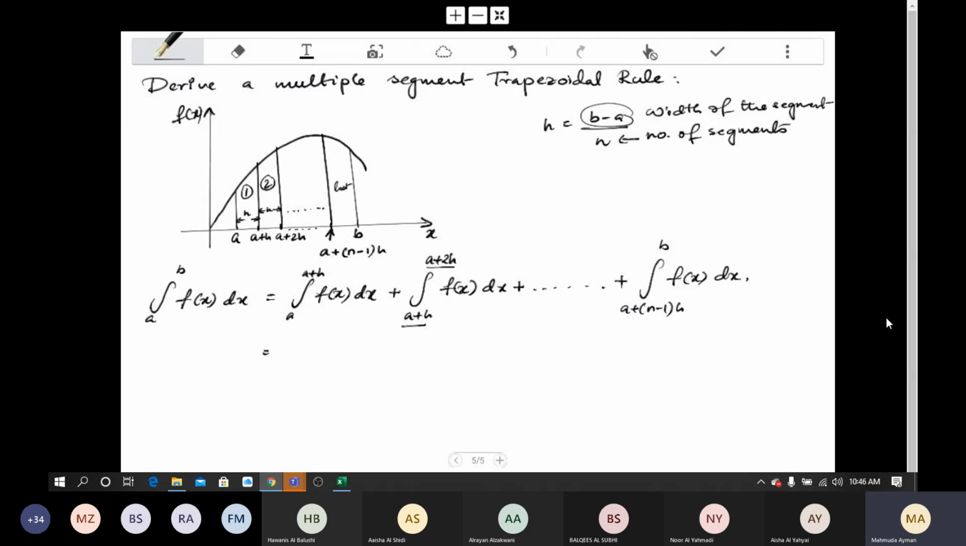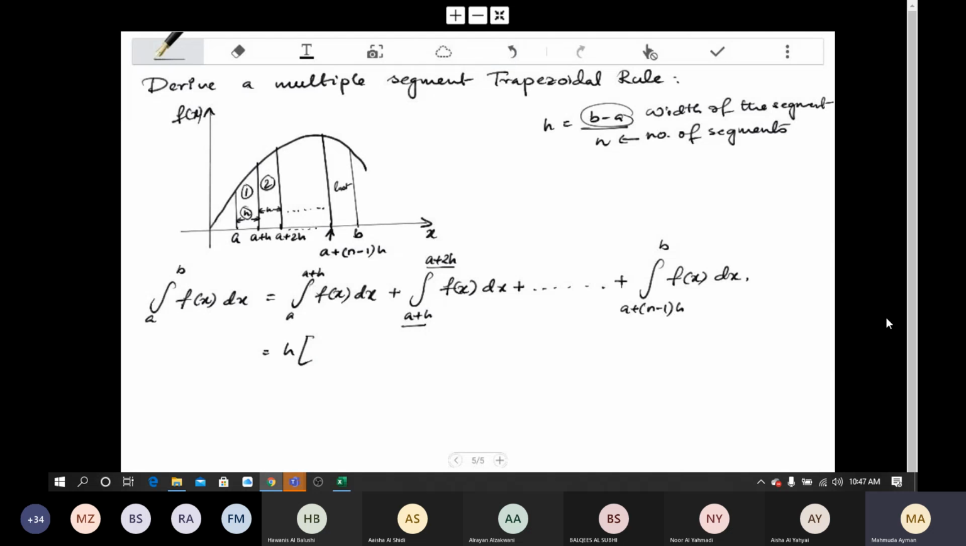The formula is the perpendicular distance between the parallel sides. The first two parallel sides are a and a plus h, so a plus h minus a gives you h. Normally, if you just look at it, the width, or the perpendicular distance between the two parallel sides, is h. So instead of writing b minus a, I will just write h times